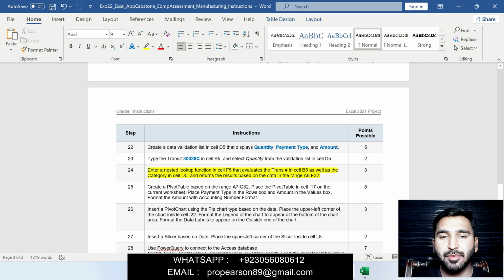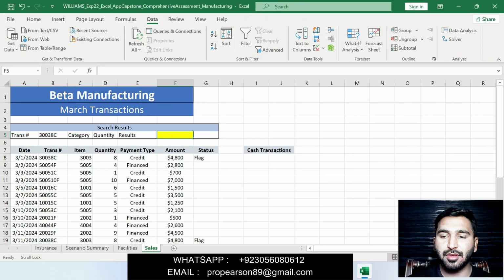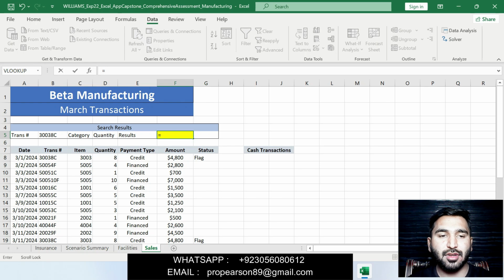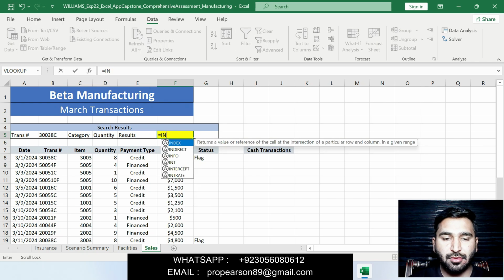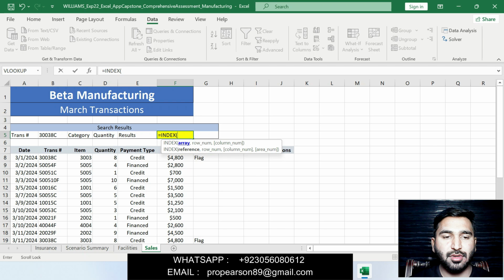Return the result based on the data in the range A8 to F32. Okay, the nested function in cell F5. Moving on in the Excel workbook, click on cell F5, press equals, and then we will enter the nested function: INDEX, A8 to F32, A8 to F32, and then